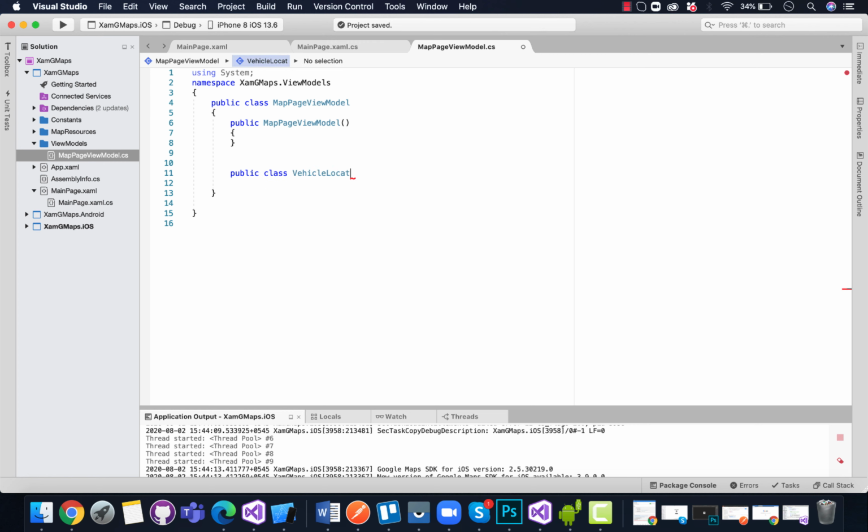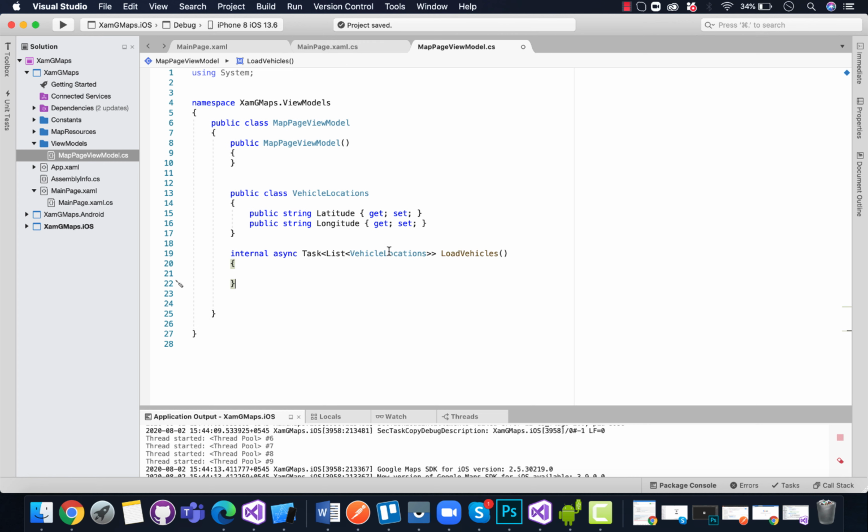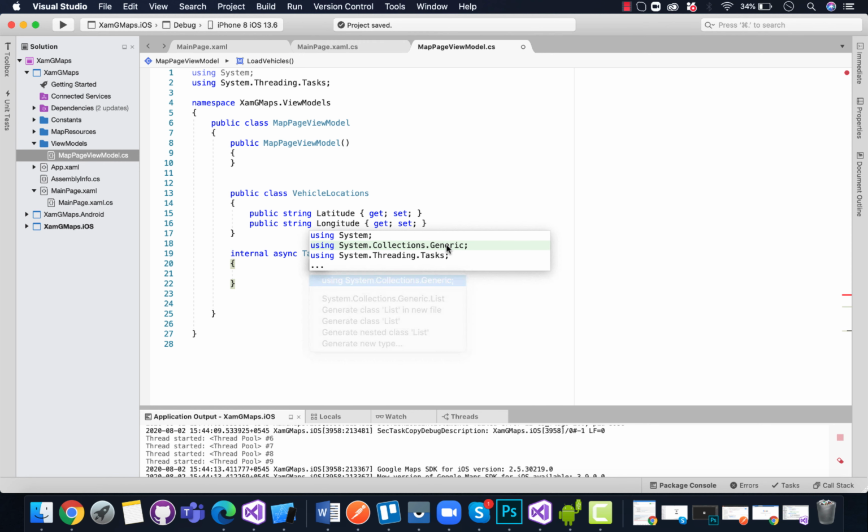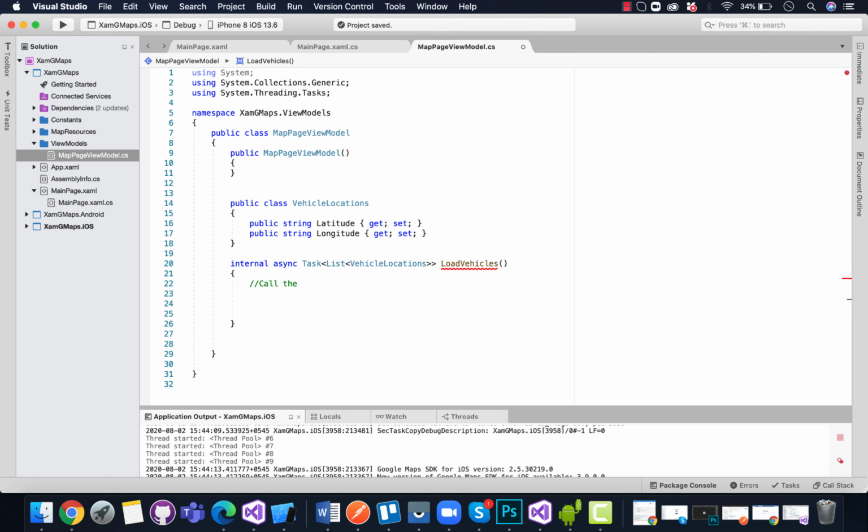Now our next task is to load all the nearby vehicles that are within our surrounding. So in order to do that, we have to create a list of vehicle locations, which contains the latitude and longitude. It's a really easy way of getting the vehicles that are surrounding us.